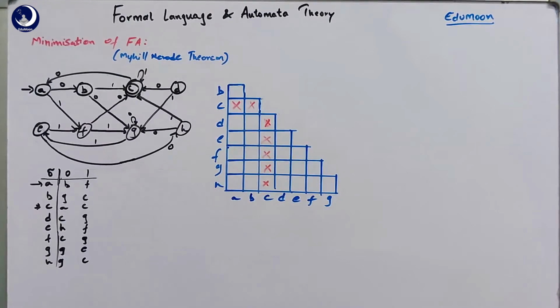So it looks like this one. So in the first step, we marked all the final state combinations. Now we go with the starting block, that is AB, the first block in the diagram, the topmost one.